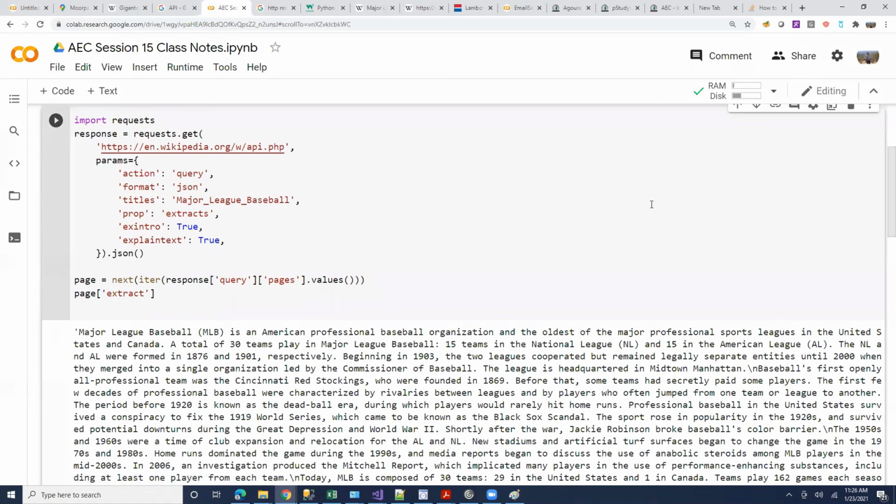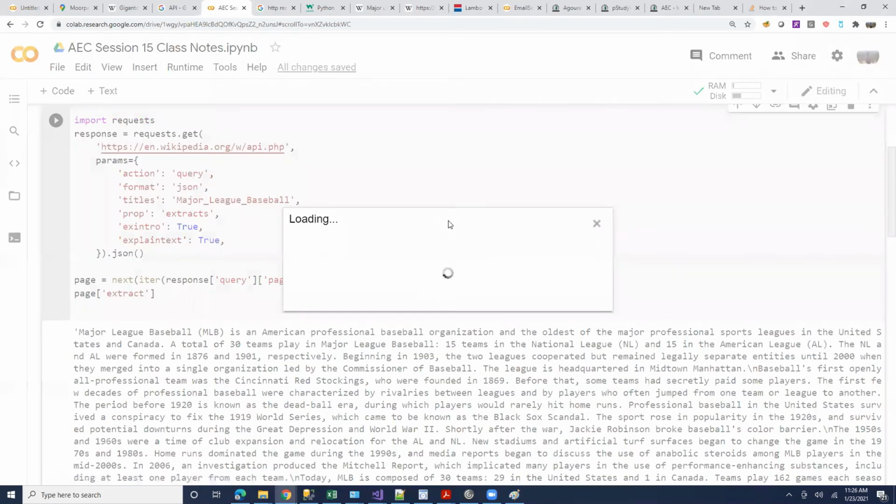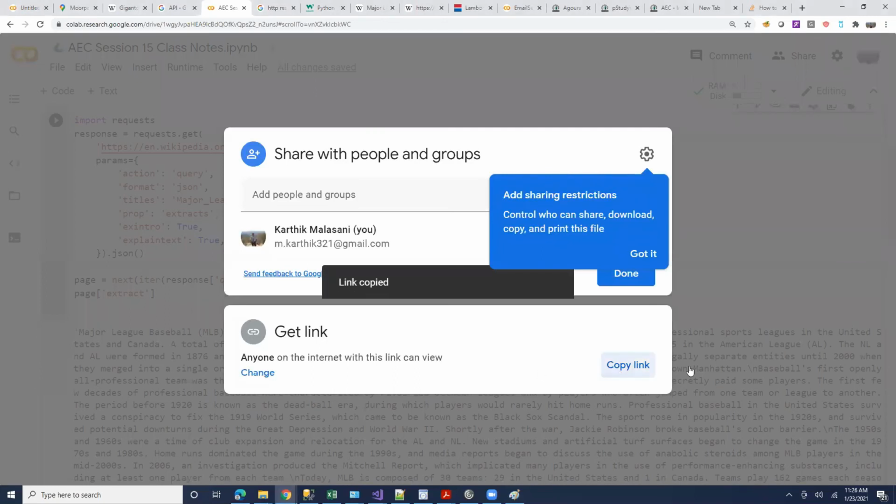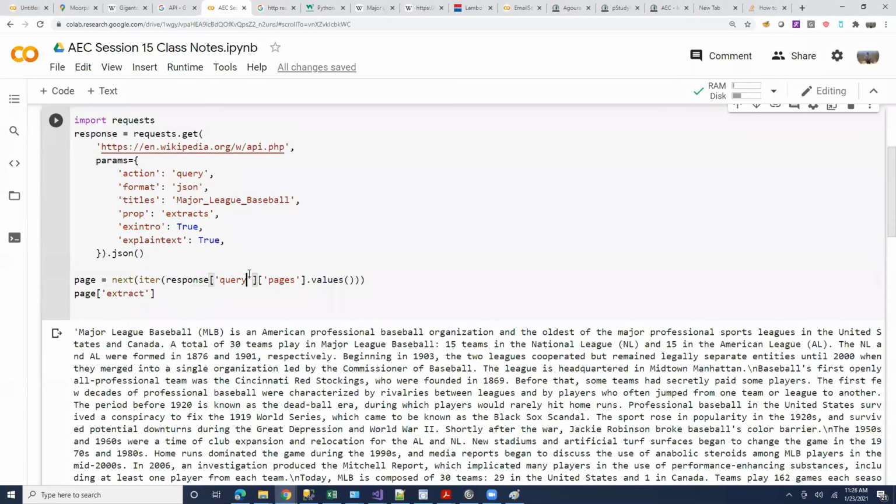I don't know. So Ish and team, did you guys use some other API? I don't know what API you used. Yeah, you should be able to get my code directly. Let me see, we used the newspaper API. Oh, okay, okay. Okay, copy link. Okay, so you should be able to get this.